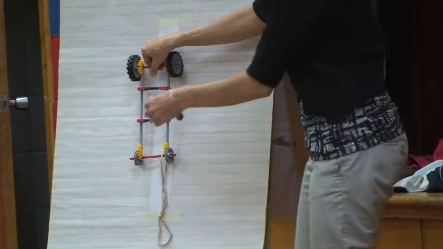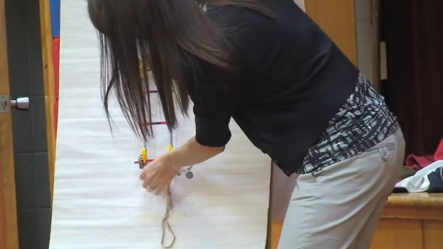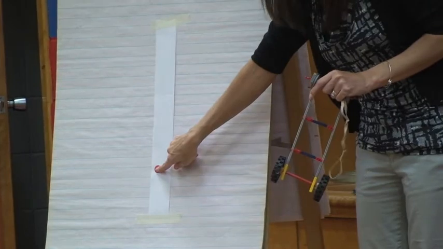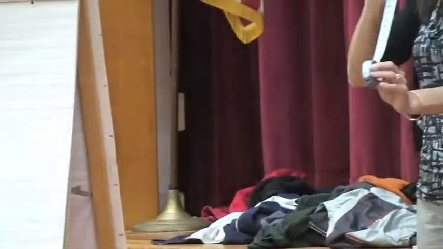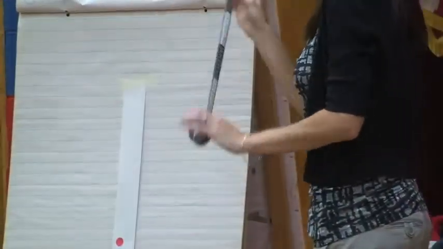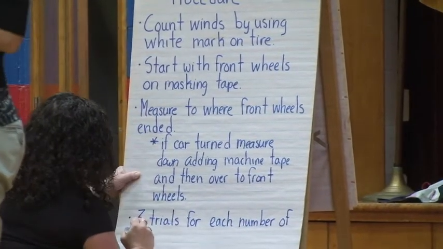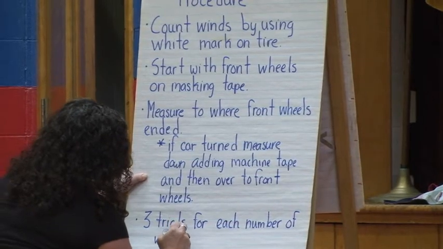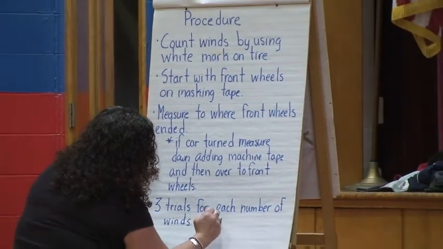The front wheel? Okay. Does everyone agree? We'll do one of these two. Okay. All right. So I'm going to put that here. That's the distance that our vehicle travels. Also in your bucket, some measuring tape. How do you suppose we're going to measure the distance? Green dots represent 4 winds. The blue dots represent 8 winds. Red, 2.